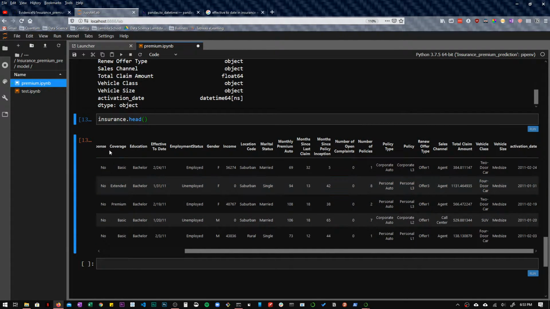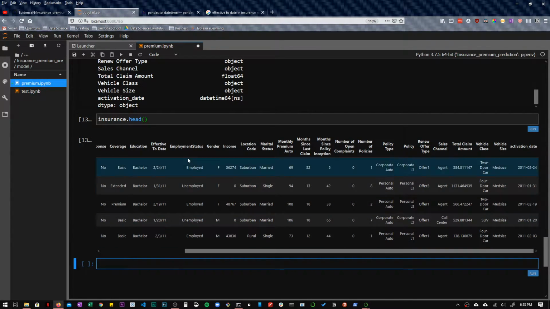As you can see, the information here is the exact same information here, but now this is recognized as a date, and this is recognized as an object. So I'm guessing at this point we can go ahead and drop this column since we no longer need it. And I renamed it from effective to date to activation date, just because in my head activation date makes more sense